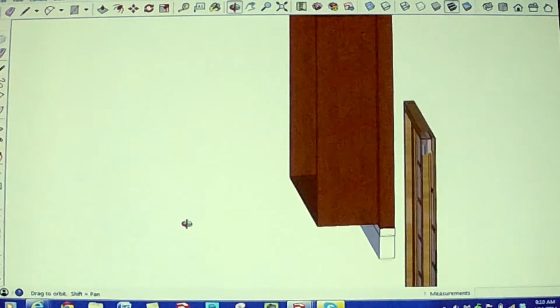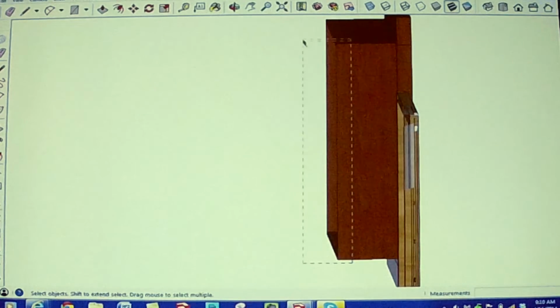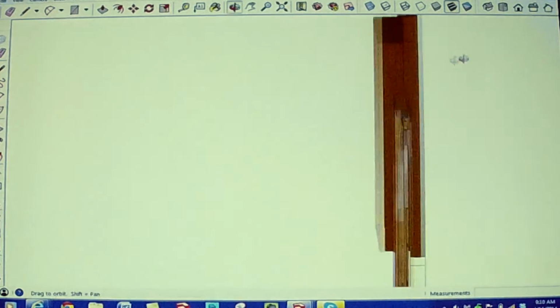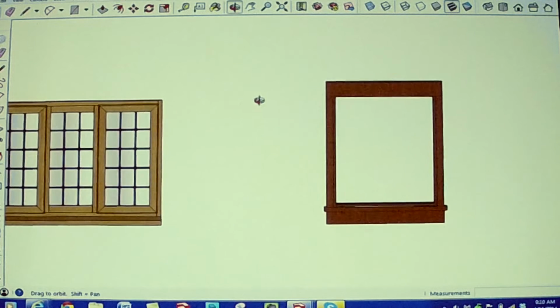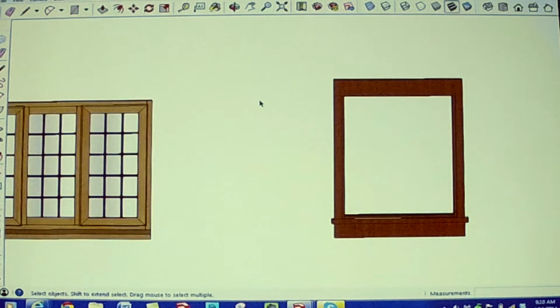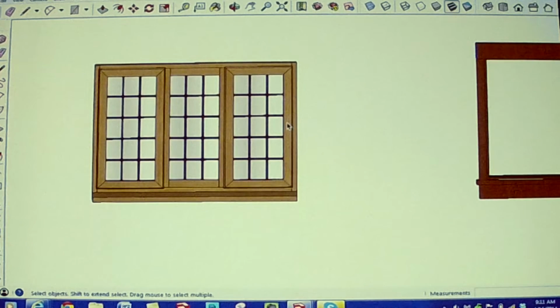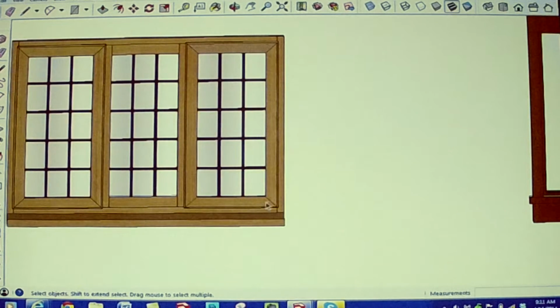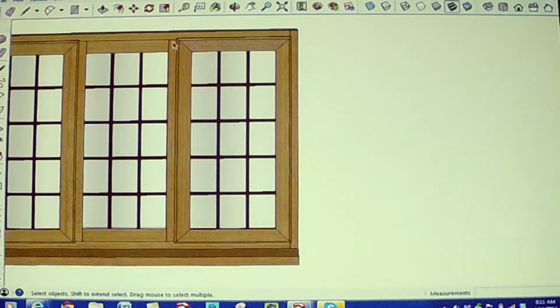So I've got a few little spare parts left back here. So I'm just going to delete that also. And now I'm pretty much left with the exterior window frame, which is the part that I want to use. So I'm going to go over to my other leaded glass window, and let's see, this also, unfortunately, is not in pieces. So I'm going to try to select just this one leaded glass frame, and I'm going to get rid of everything else. So I'm going to try a left to right